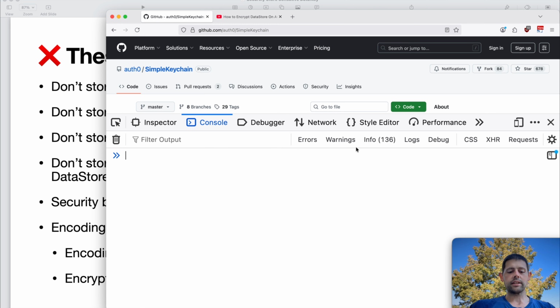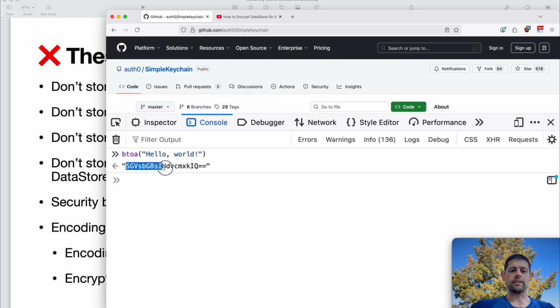So if we take the text of hello world, and we can use BTOA, which is a function in JavaScript, to base64 encode, not encrypt, encode. You can see here